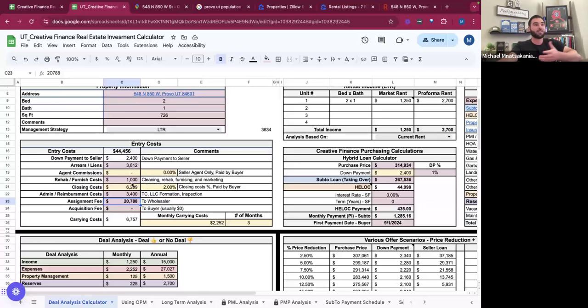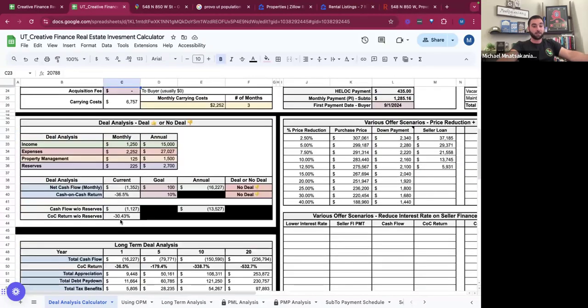Even if a property's cash flow negative, it's not going to matter what the entry costs are. It's not a great deal. And I've bought properties that are a little bit cash flow negative if they have huge upside in some other regards. For example, I have a ton of equity that I'm walking into, or this property is a multi-million-dollar mansion,